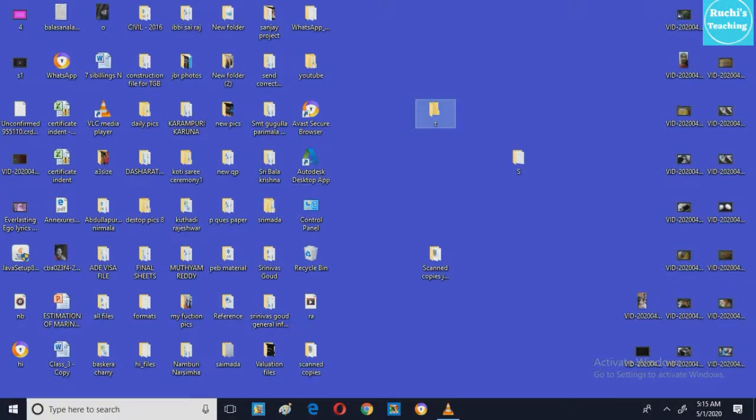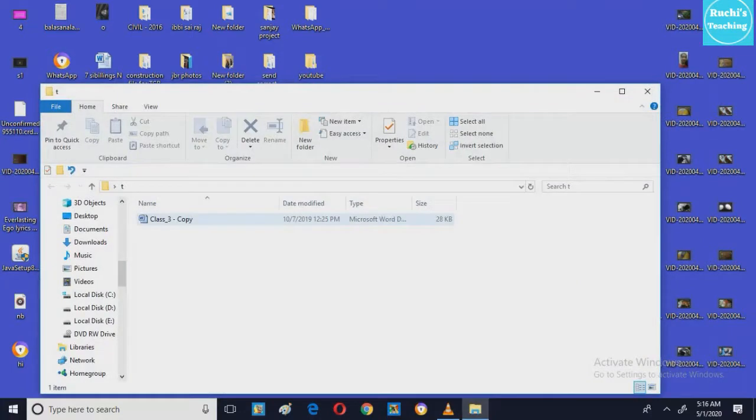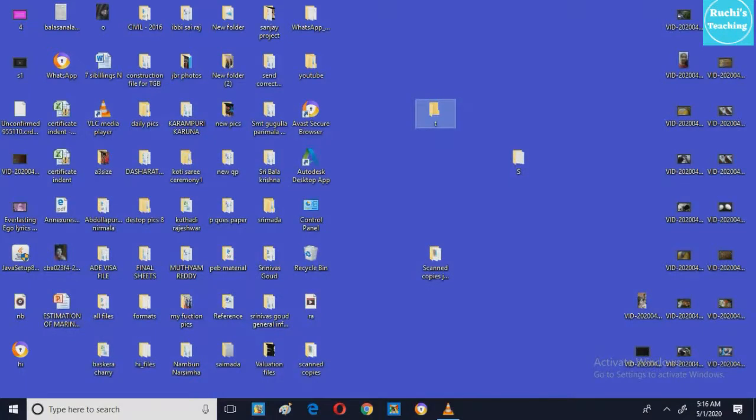Now I will create one file, or okay, otherwise I will take one file from here. This is the file, right? I will show you how to send this file into that folder. See, I will click on that file, drag my mouse pointer and keep it on the folder. See what happens. That file has gone. Now I will open the folder and see. Just see, that file has come here. Now I'll close this folder, right? In this way you can send files into a folder.